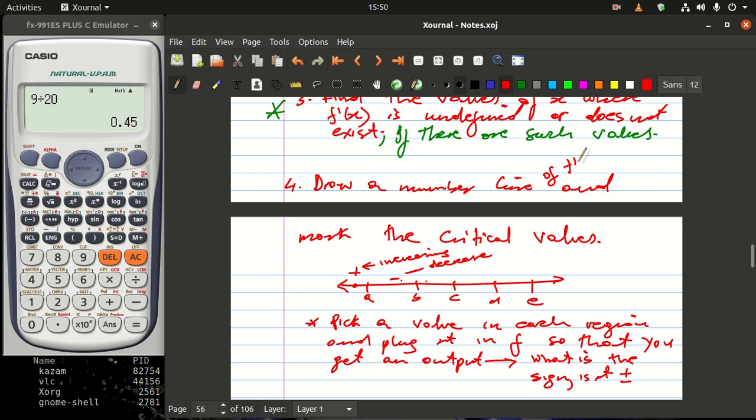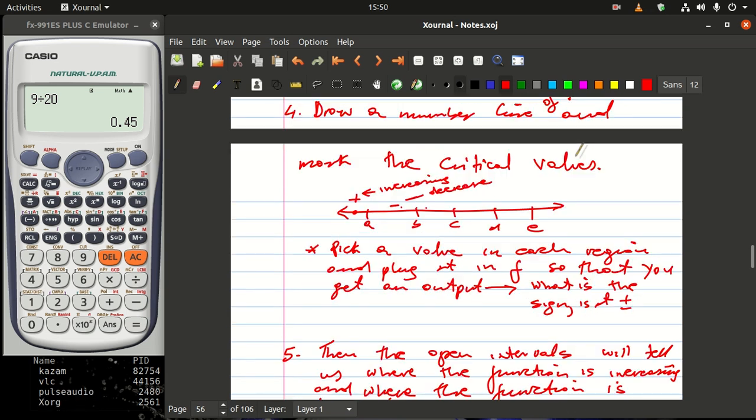It's not the number line of f. And then you place these critical numbers here. Once you have these critical numbers, you pick a point here and you plug it in f prime, or the first derivative, because this one is the number line of f prime of x, not f of x. So you are plugging here in this f prime of x, and when you're plugging it there, you're not only